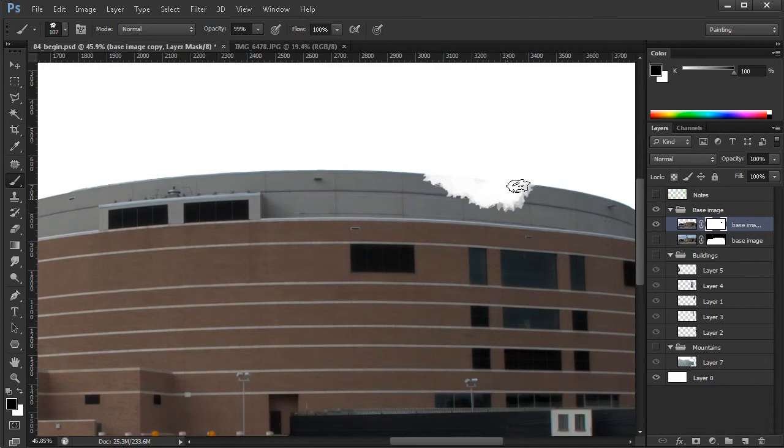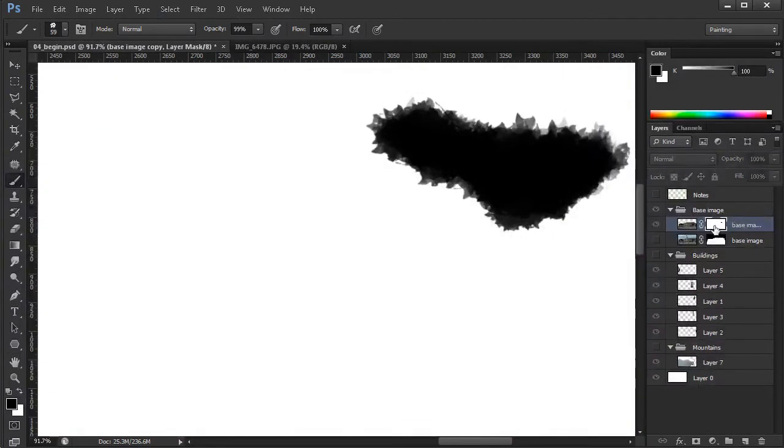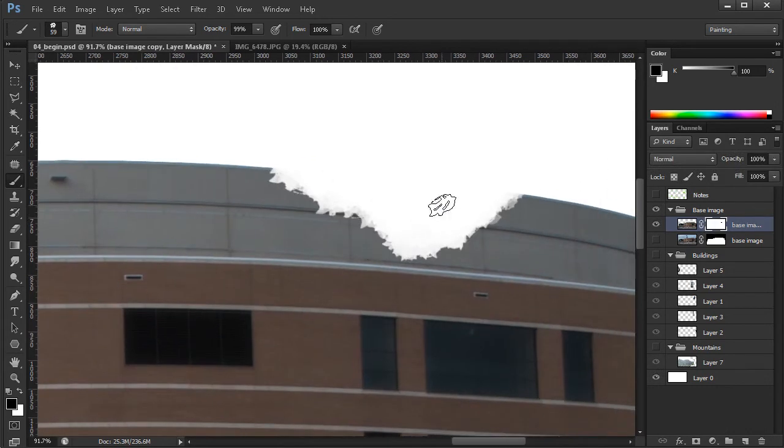Now this brush does have some pressure sensitive transparency options in terms of the opacity, so you may need to come in and tweak this with a hard round brush, because you can see some of the areas that aren't getting completely masked out. As a matter of fact, if I alt click on the mask, some of these gray areas right here, they're just not completely masked out. So let me alt click and go back, and we'll come in here and again